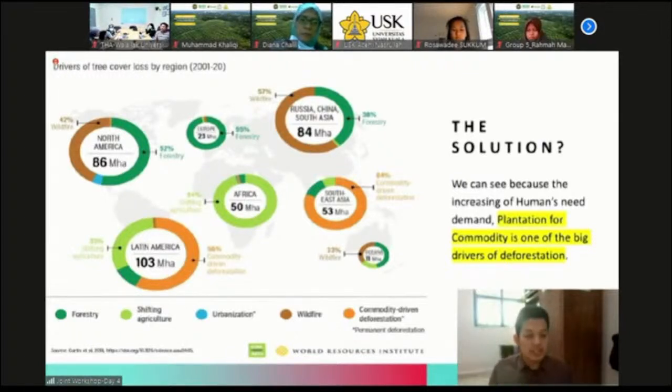They start deforesting the forest to create more farms in order to plant more food for humans, right? In order to fulfill their needs. That's why, as society keeps improving, of course deforestation is happening. This data is taken from the World Resources Institute in 2018. So what is going to be the solution? Of course, here we know about one of the sustainable materials and resources, called palm oil.